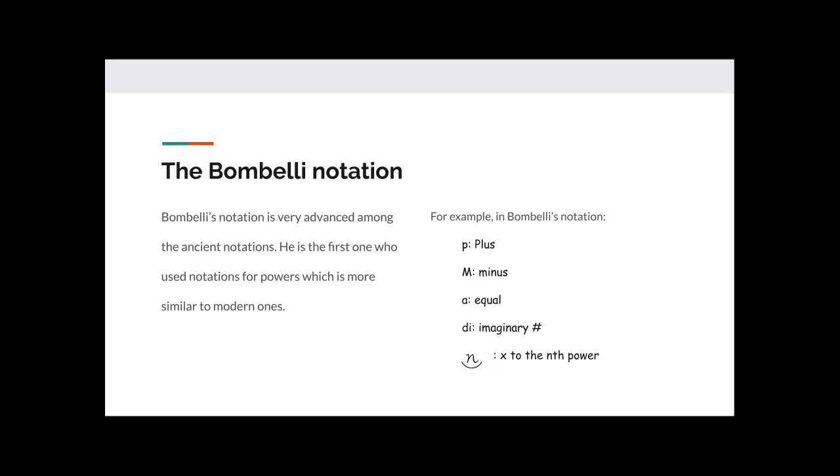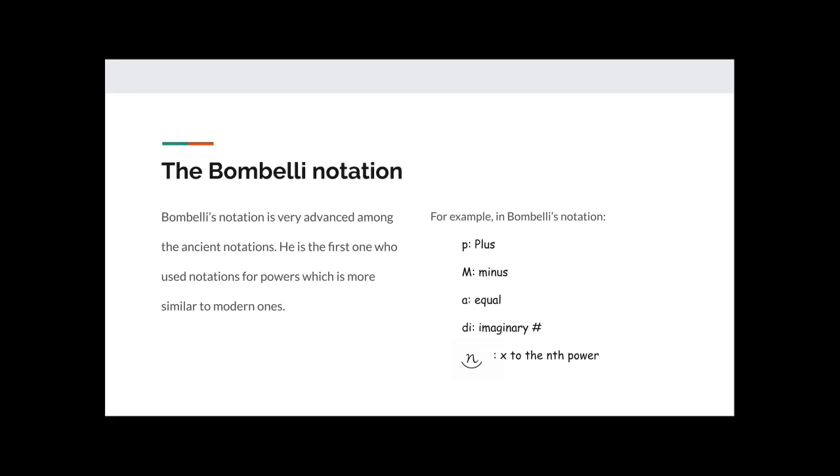Today I'm going to talk about Bombelli and Stevin's notation, and IVT, which is the intermediate value theorem. Bombelli's notation is very advanced among all the Asian notations. He is the first one who used notations for powers, which is more similar to the modern ones we are using now. For example, in Bombelli's notation, he used P for plus, M for minus, A for equal, and DI